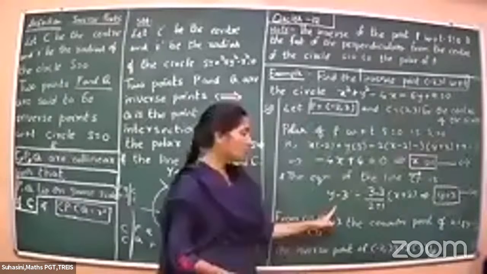Therefore, that point is (1, 3). What is this (1, 3)? It is nothing but the inverse point of (−2, 3). Is that clear for the given point (−2, 3)? With this, you can also solve this problem by finding